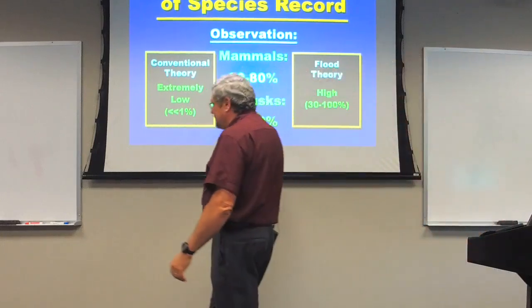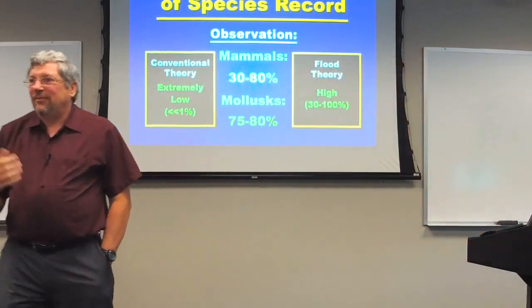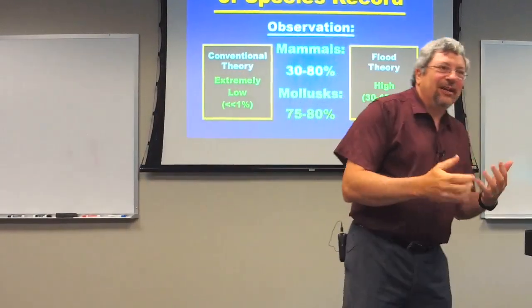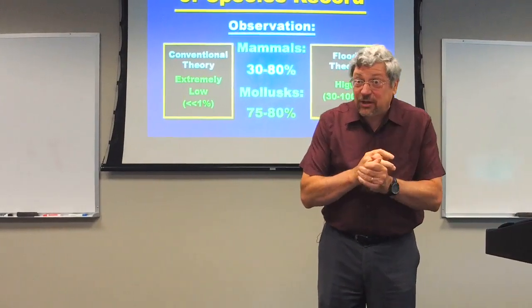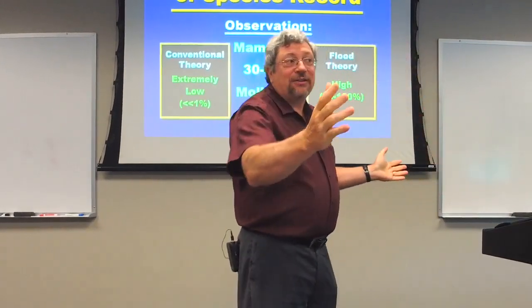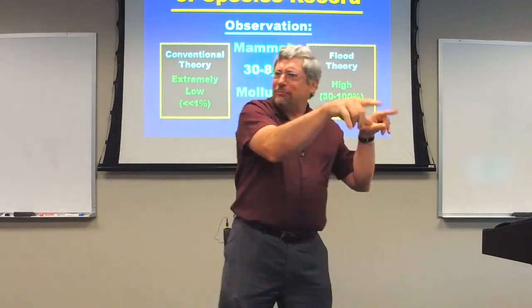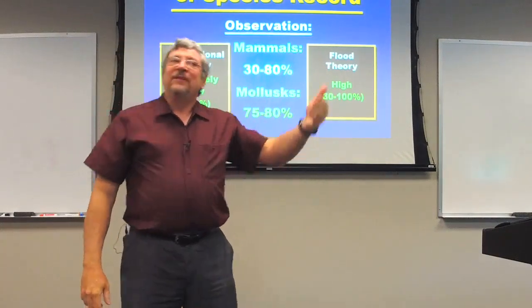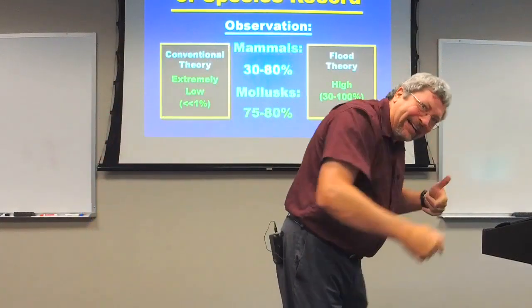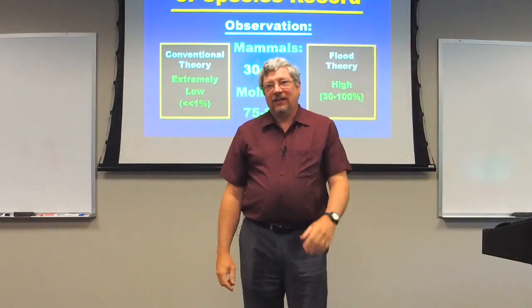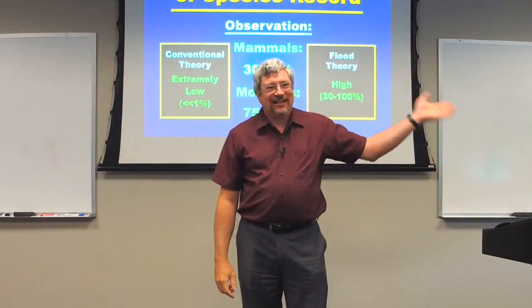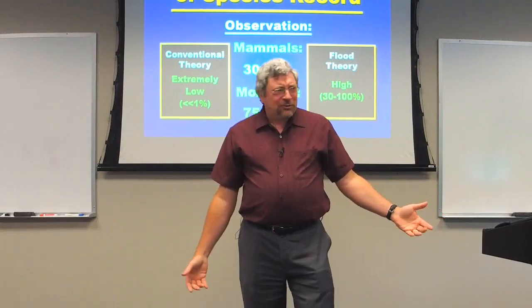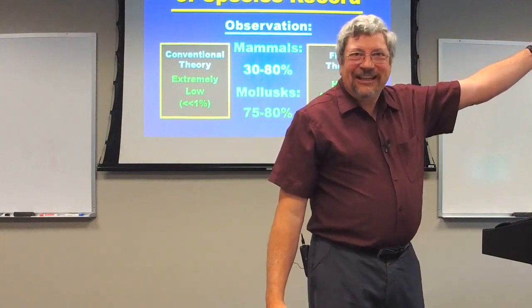Jim Valentine did the same thing for mollusks. His dissertation was on fossil clams and that sort of thing in Baja California. So it was easy for him to count how many clams and snails and stuff like that were in Baja California living today, and then how many of them have a fossil record in Baja California. 75% of the living species have a fossil record. That suggests the fossil record's pretty good somehow, which is not what we would have expected intuitively.